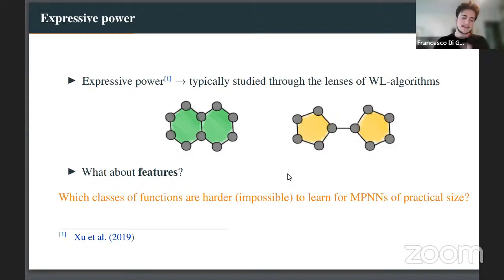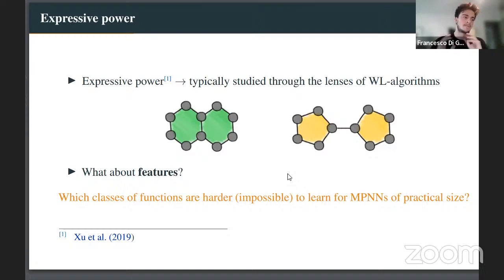So the idea behind these algorithms is basically saying whether my GNN, or any sort of model that I'm looking at, can separate two graphs that are non-isomorphic. So basically, can I construct two representations that are different if the graphs that I've been given are not isomorphic? Now, despite there being some connections between looking at the separability of graphs and universal approximation of functions of graphs,